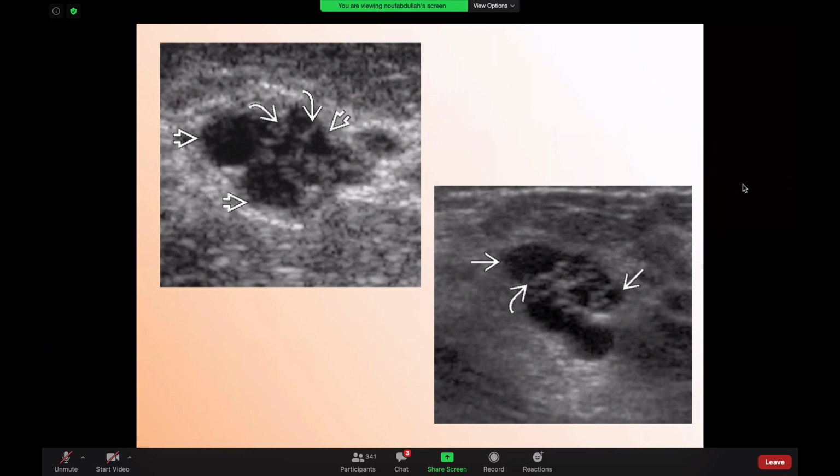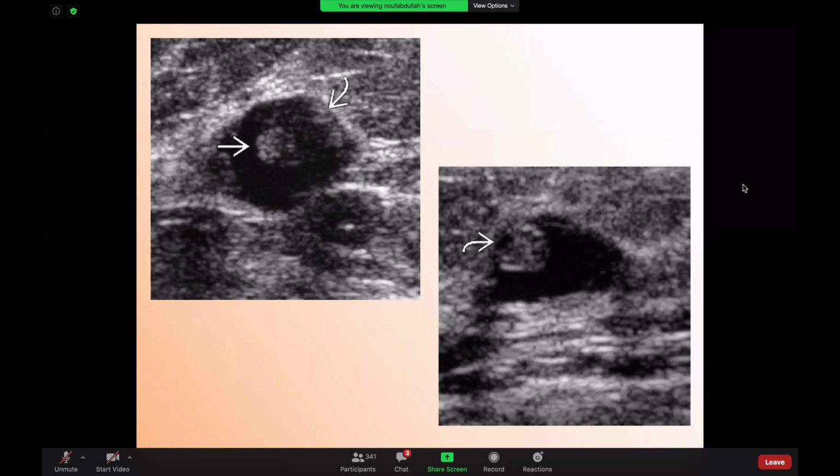When you have lots of fibrocystic changes in the breast and you get to see something like that, it's most likely a clustered cyst. If you're worried, I would advise to follow up. If you think it's nothing, there is no vascularity, all the breast has multiple findings like that, then it's a BI-RADS 2. If you look at this one, you have an anechoic cyst with a solid component.